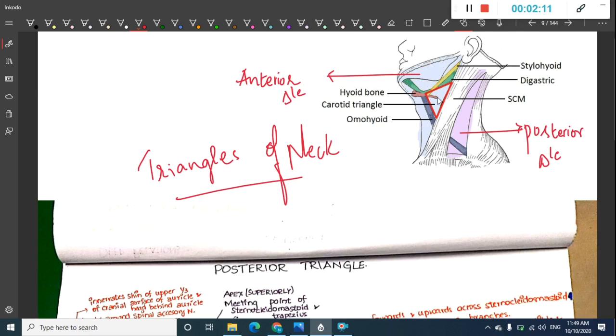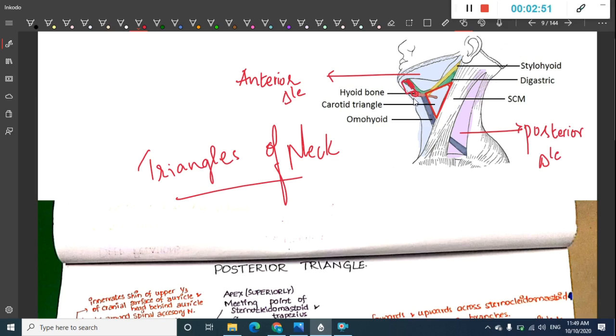Then the second part of the anterior triangle is the triangle anterior to the sternocleidomastoid, bounded above by the digastric muscle and below by the omohyoid, which is called the carotid triangle. This is the triangle where you will find the carotid arteries and vessels. Then we have a triangle bounded by the hyoid bone below, the anterior belly of digastric on either side, and above by the mentum, called the mental triangle.